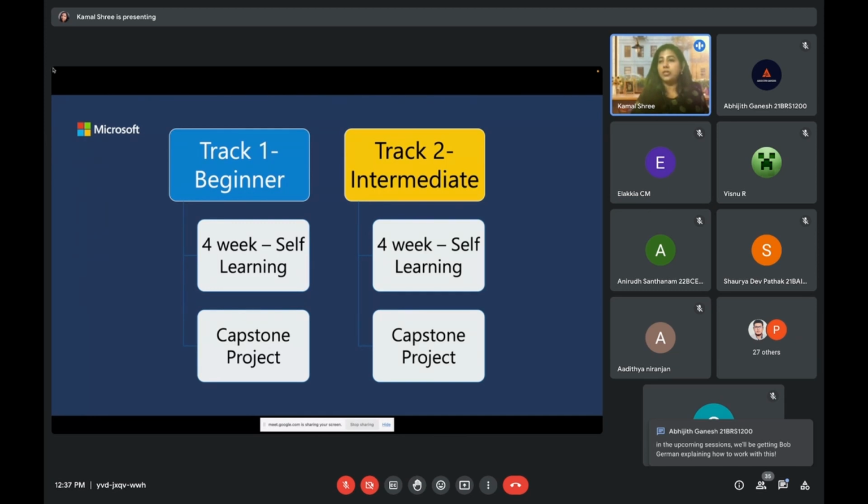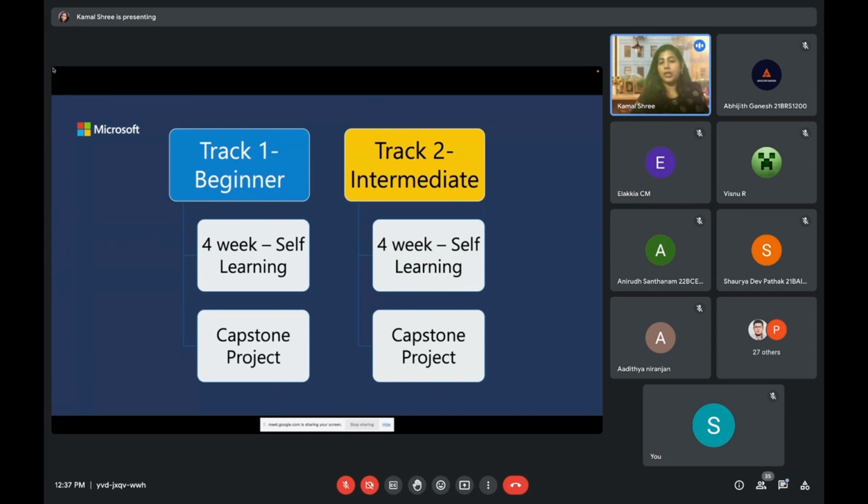And then you'll have 2 weeks of capstone project. For the project, you can come up with your own idea. You can work individually or in groups. Or if you say, Kamal, I don't have an idea, can I get kickstarted with something, we do have tons of projects that we can assign to you. The time allocated for the capstone project is 2 weeks, but if you take more than that, it's absolutely fine, no problem. But six weeks is what we're looking for. So by March end, you should be able to finish all this.